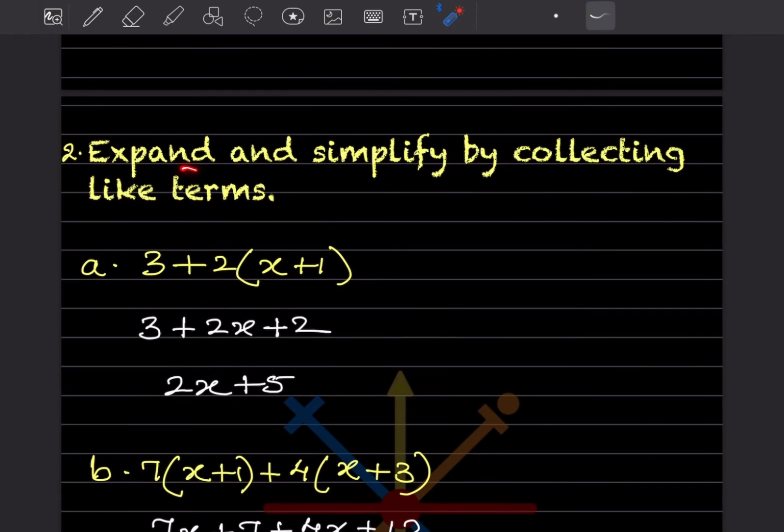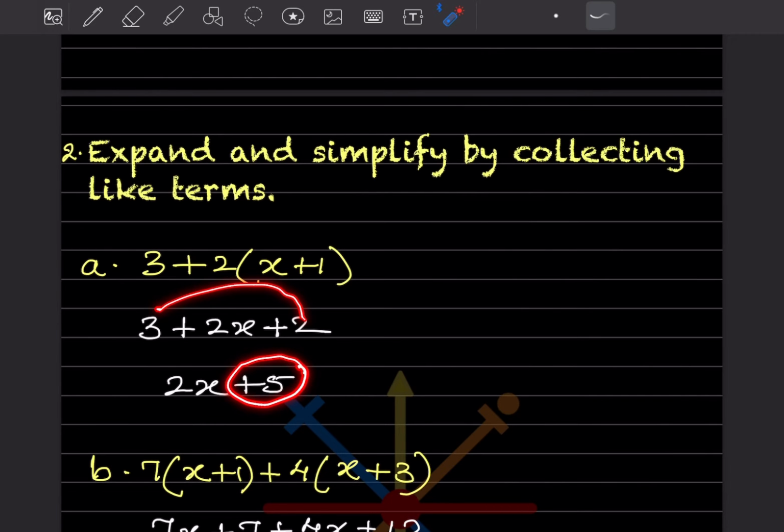Now let us see the next one. It says expand and simplify by collecting the like terms. Like terms means which are the same. x and x together, x square and x square together, y and y. Now see here, this 3 is separate, this plus sign, and this 2 is for these two terms. So actually there is a multiplication over here. So what we can do here, 3 plus, this will be 2x and this will be plus 2. So now we'll bring the like terms together. This 2x will be as it is, and these are the constants, 3 plus 2, that is going to